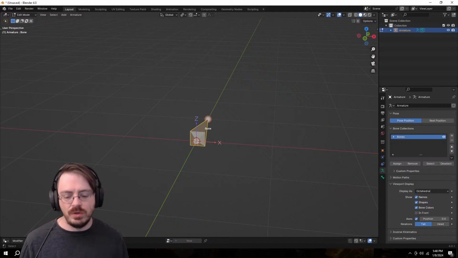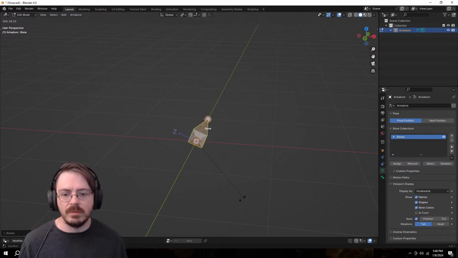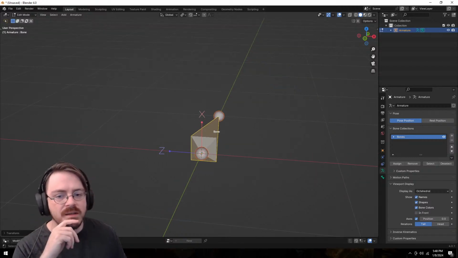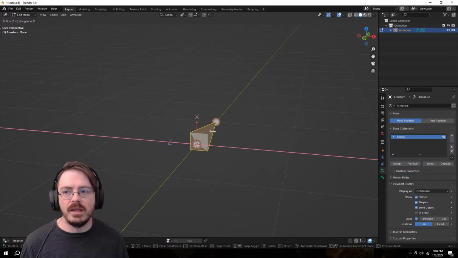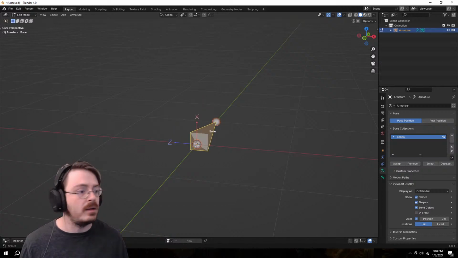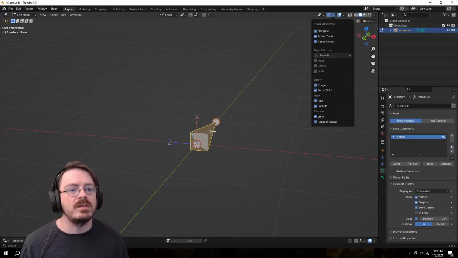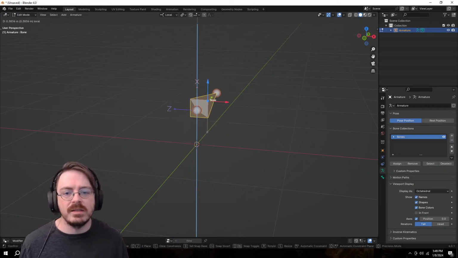If I were to rotate this 90 degrees like such, now the issue is that when I move the bone in its local x-axis, let me turn this on to local, and turn on my little widgets here, because that'll be the easiest.